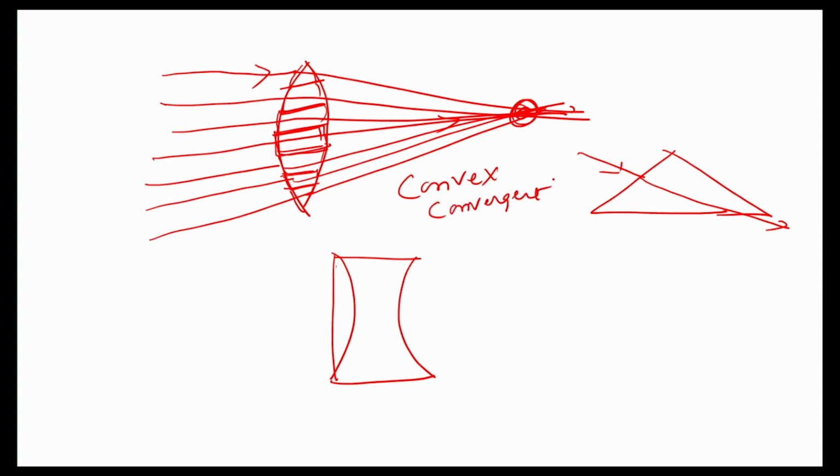We will get the real image. By using a convex lens, we will get a real image. It is called a convergent lens. When you consider this